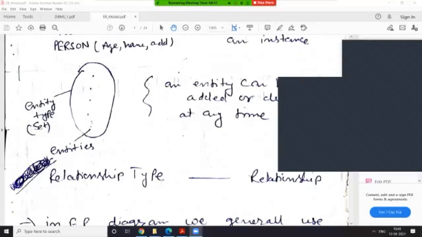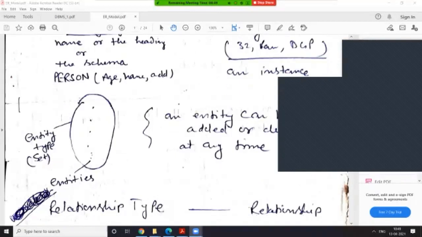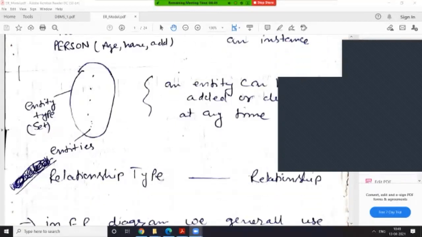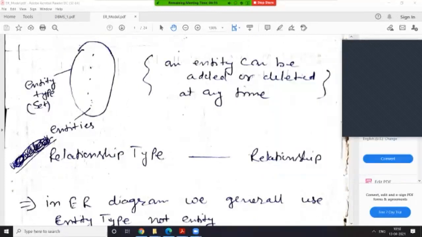This is the fundamental line while describing any kind of entity. So you can represent this entity. In the same way, we are not representing a single entity, we are representing the entity type or entity set. Likewise, while describing the relationship among those entities, that is not for the individual entity, that is representing the whole collection of those entities. So the relationship will be known as the relationship type.